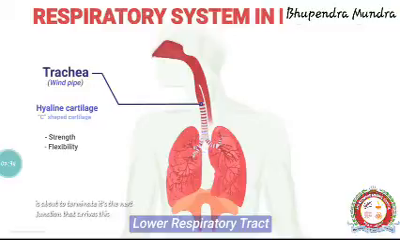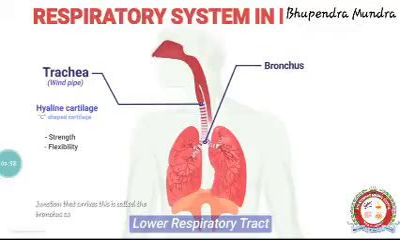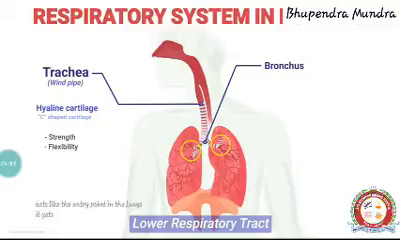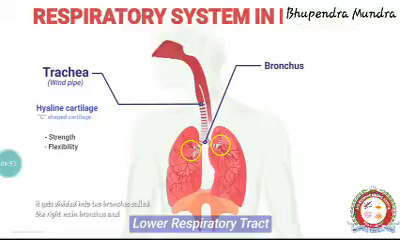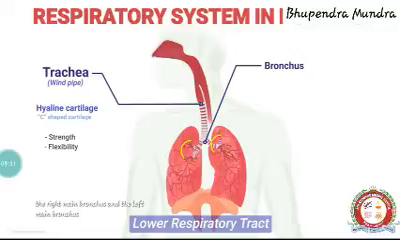the next junction arrives. This is called the bronchus. As we can see here, the bronchus acts like an entry point into the lungs. It gets divided into bronchi, or branches: the right main bronchus and the left main bronchus,